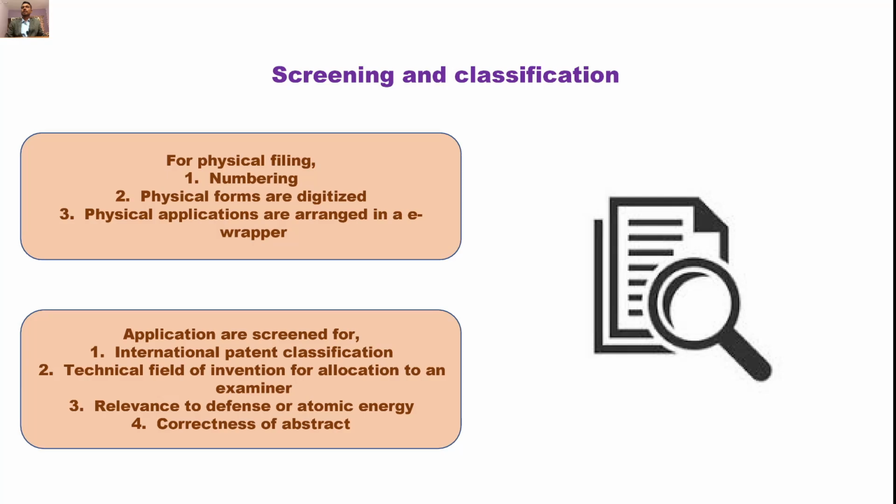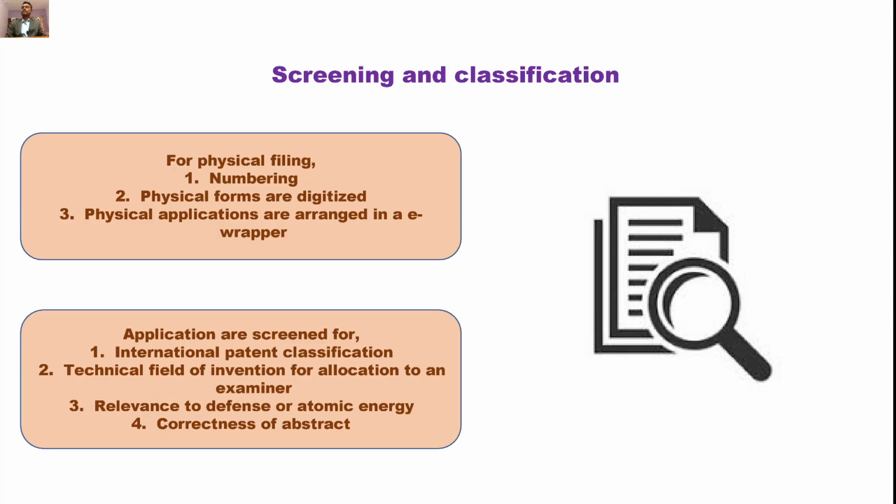It is also determined to which field of invention your application belongs, so that in the near future, when the time comes, that application can be allotted to a suitable patent examiner who is an expert in that particular field of invention. If you follow e-filing, this screening and classification take place automatically during the filing of your application, but these things have to be done particularly for those who go for paper filing. Only preliminary screening is done; no detailed checking of the content of your application or study of its subject matter is done here.